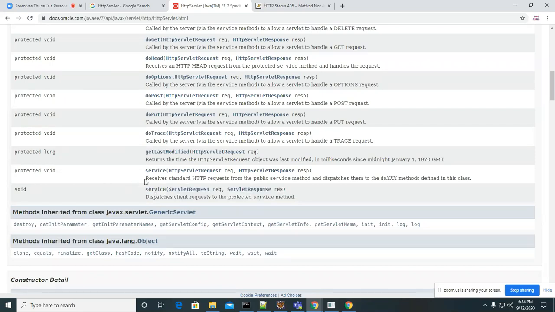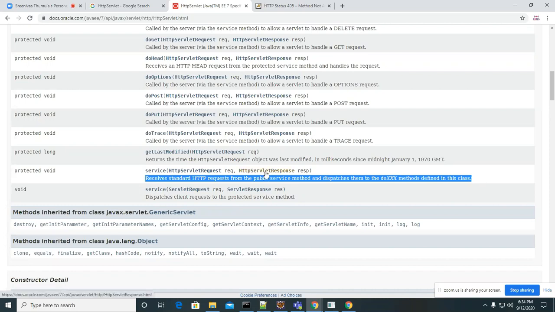From the HTTP request it will identify the method type. Look at that: it receives the standard HTTP request from the public service method and dispatches it to the doXxx method defined in the class.